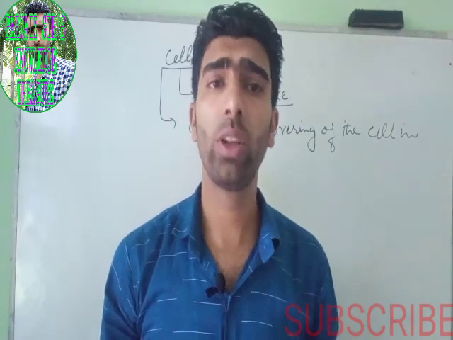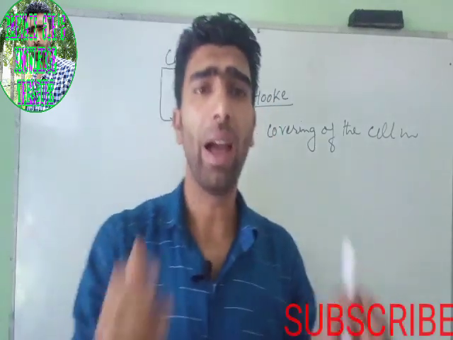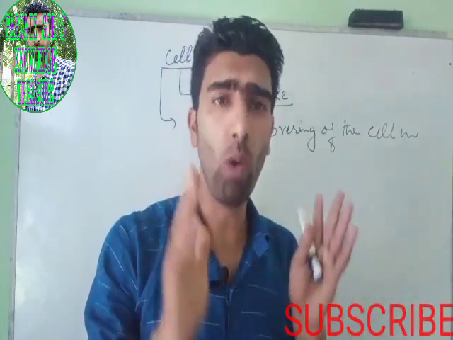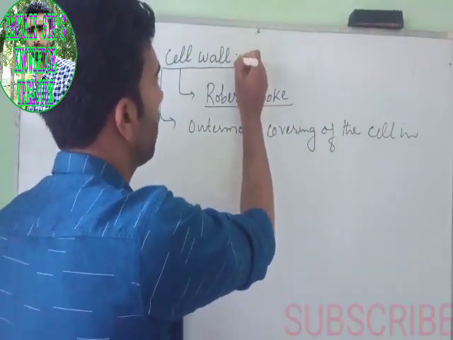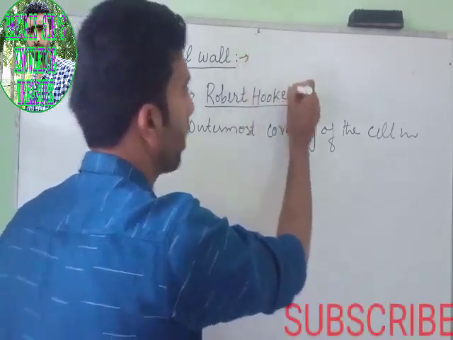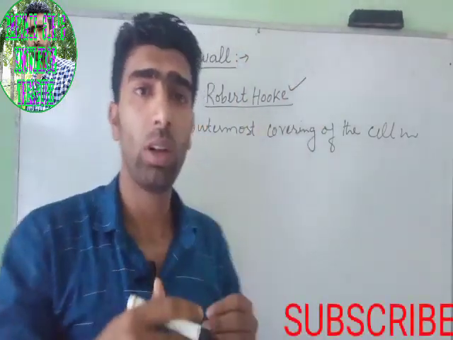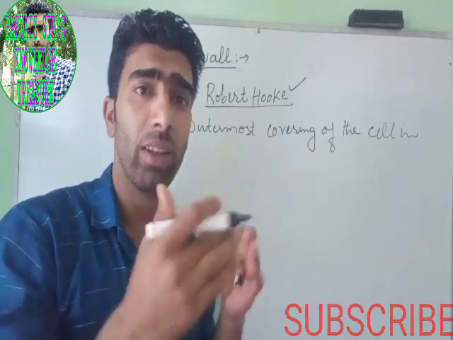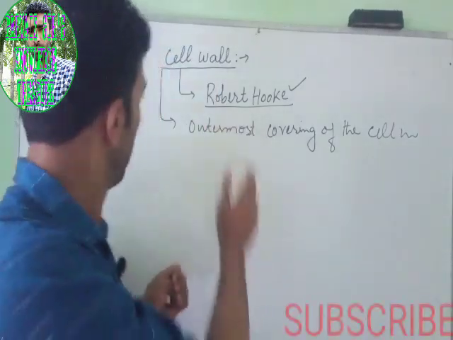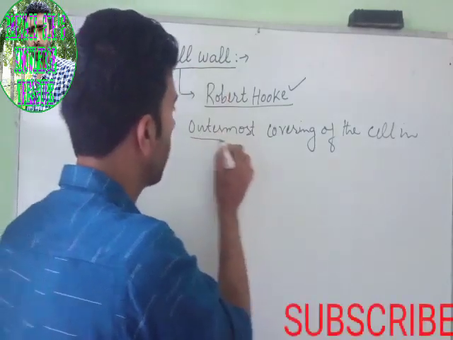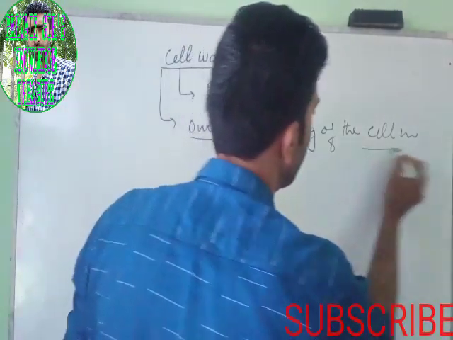In today's video, I will discuss the cell wall. Cell wall was discovered by Robert Hooke. I have already discussed this in my video titled Cell. Cell wall is the outermost covering of the cell in